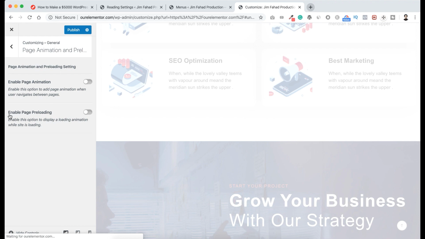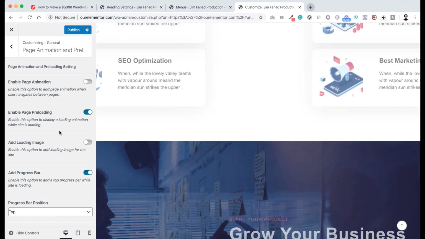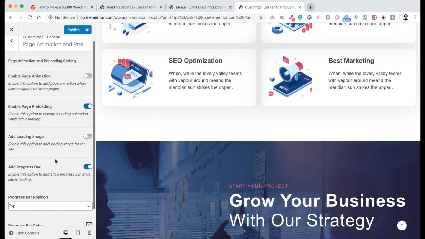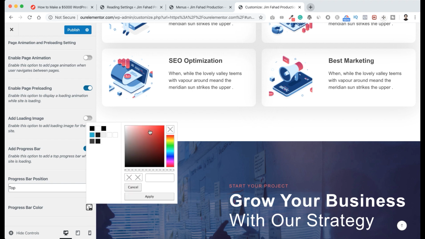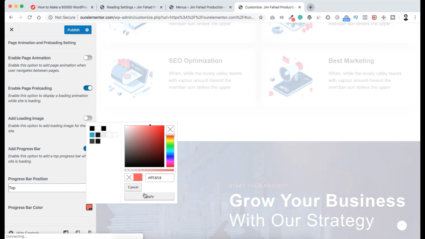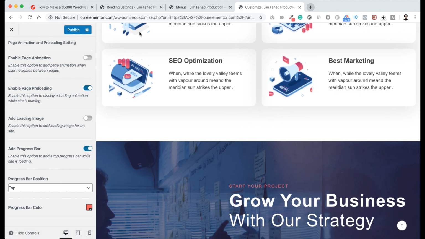And here is also the option to enable page preloading. So let's enable it and have a look. Personally I like this option because here you see an option, add progress bar. Until your page is fully loaded, you can see a progress bar at the top here that goes left to right. That looks pretty cool. Also you can change that progress bar color from here. Like I want to select a reddish color, something like this one, and click on apply. Now have a look. See, a red line comes from the left and goes to the right